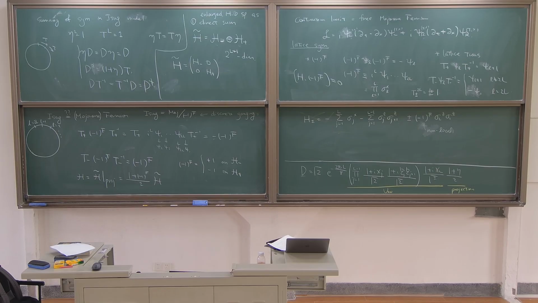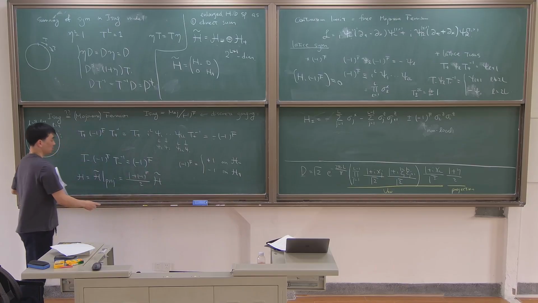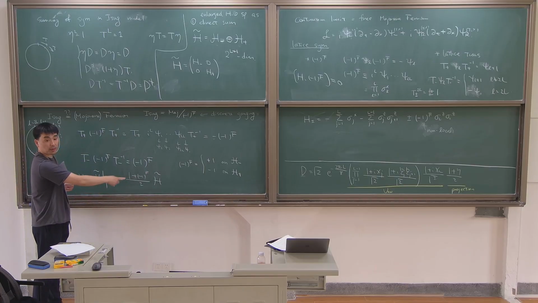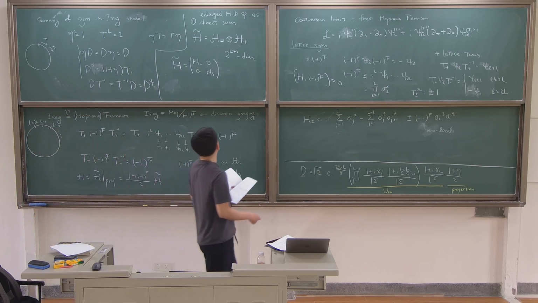Okay. That's the Hilbert space we consider. So that's the meaning of this minus 1 to the F mod. Okay, so this is a projection by minus 1 to the F. Okay, now